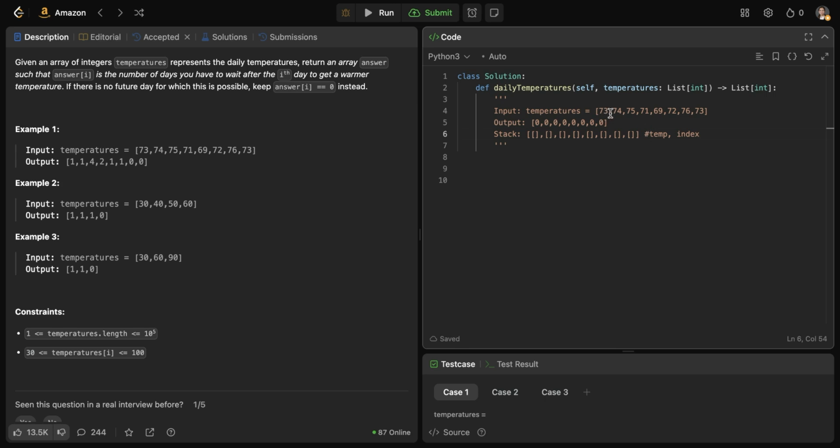Now the first value in temperatures is 73 and the index is 0. So I will push it to my stack. My next value is 74, index 1. I will compare 74 with the top of the stack value, which is currently 73. So 74 is greater than 73. I'll calculate the difference between indices and update the output value, which is 1 now, because the index for 74 was 1 and the index for 73 was 0. So 1 minus 0, 1 got updated here. And I will pop this value from the top of the stack and add the current value pair to the stack. The current value pair is